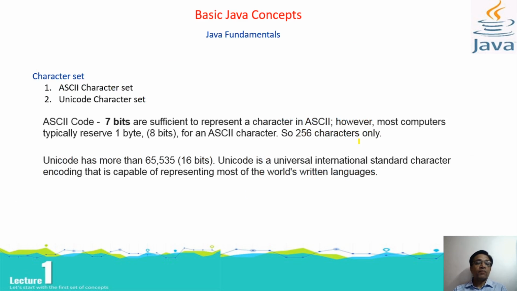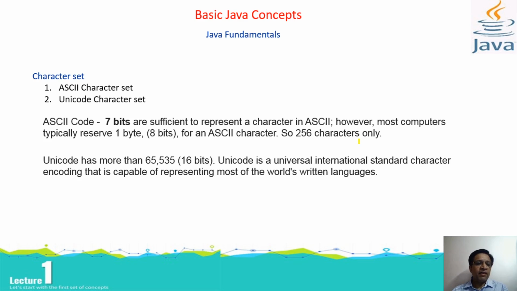Okay, now we come to the next topic, the character sets. Every language has its own character set, and there are two types of character sets: the ASCII character set and the Unicode character set. The ASCII character set is 7-bit, and in actual it is 8-bit, with 1 bit reserved for the sign bit, and that means it can address 256 characters only, because with the help of 2 raised to the power of 7 we can generate 256 different character codes, so it can support up to 256 characters only.